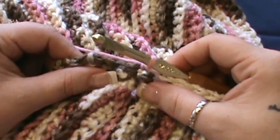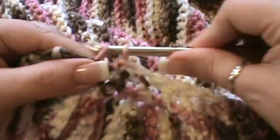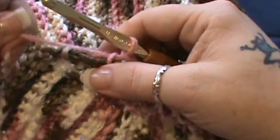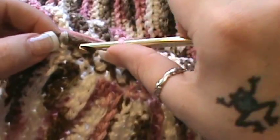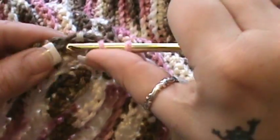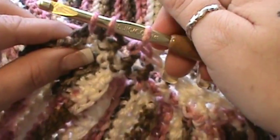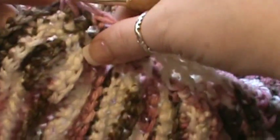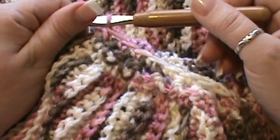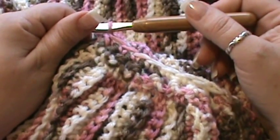Okay, so the last 2 stitches you will be stitching together as well. Okay, so your last 2 stitches, this one, you're going to go in and pull your yarn up, and then this one you're going to put your hook in, pull your yarn through, and single crochet those two together. Okay, so that's going to leave you with 14 stitches. Now what you want to do